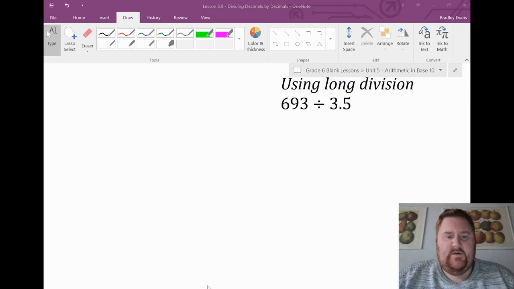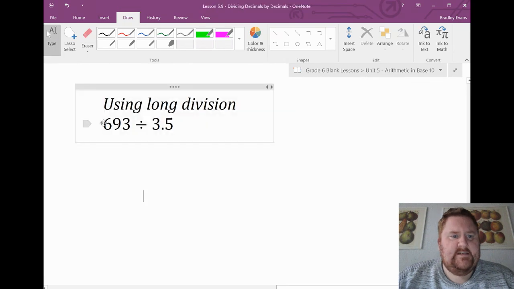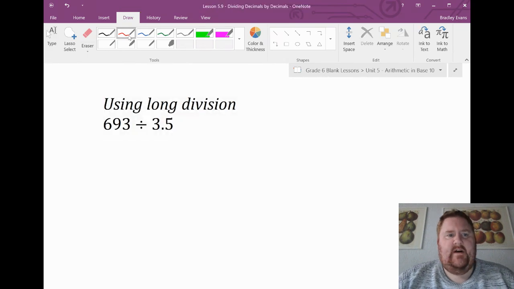Okay, so our final question here, continuing to use long division. Let me give you a bit of space here. 693 divided by 3.5. Remember, first step, get rid of the decimal place by multiplying by a power of 10. So let's get rid of this 3.5 here. I'm going to multiply that by 10 first to give 35. And an equivalent expression will be